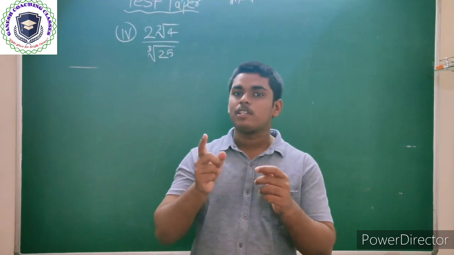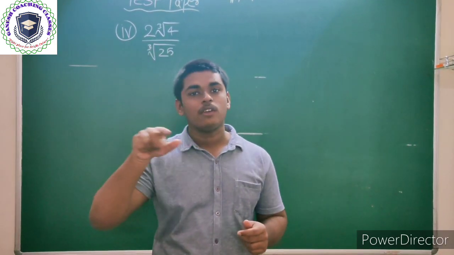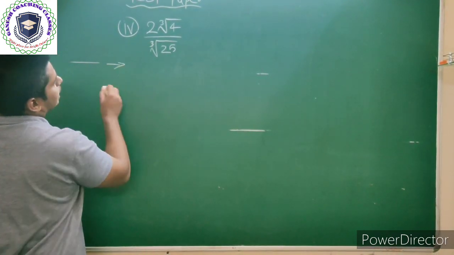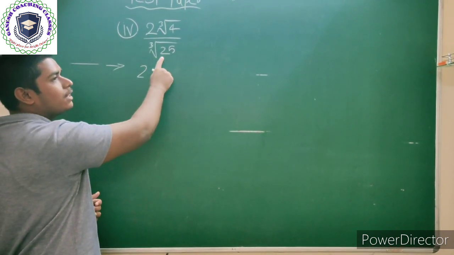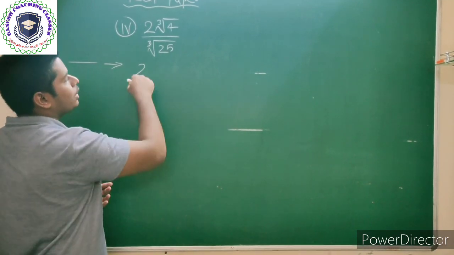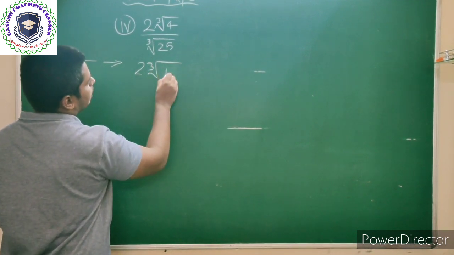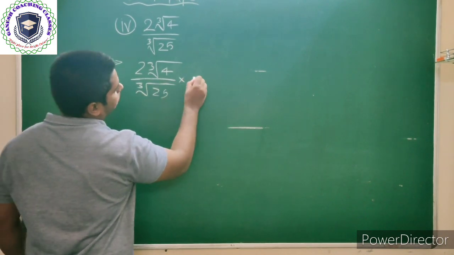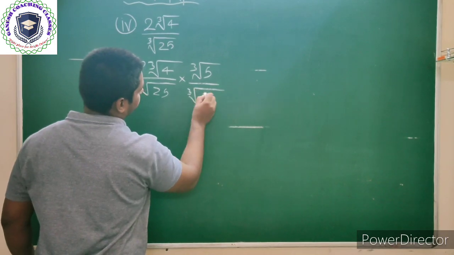So when we multiply cube root of 5 to cube root of 25, we get 5 into 5 into 5, and now we can remove that cube root. So here we multiply cube root of 5 in the numerator and the denominator, because by that we get 5 into 5 into 5, three equal numbers, and we can easily remove this cube root.